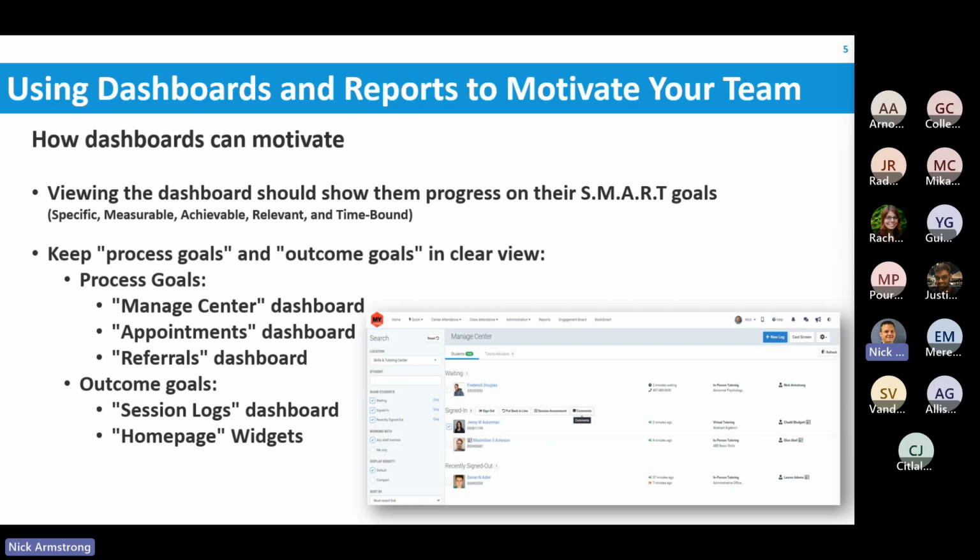And if you want to include your tutors in on that, you could actually make them an admin, but maybe only have access to view certain things like the homepage widget. So